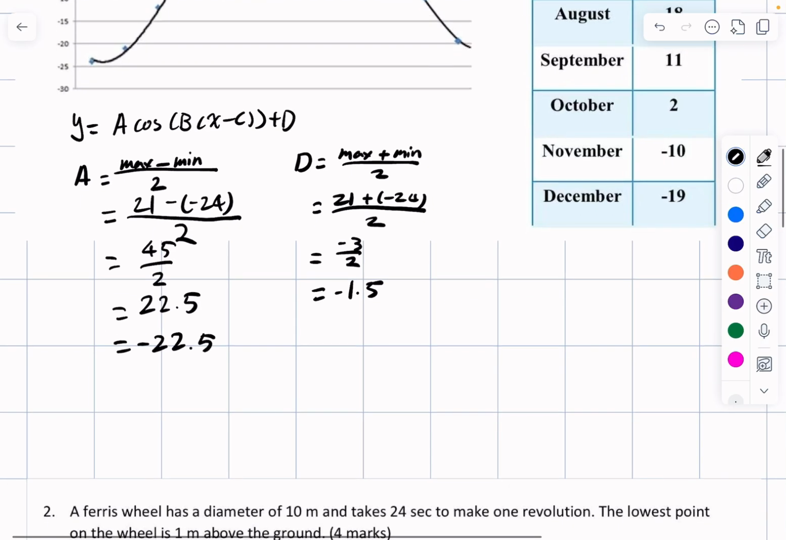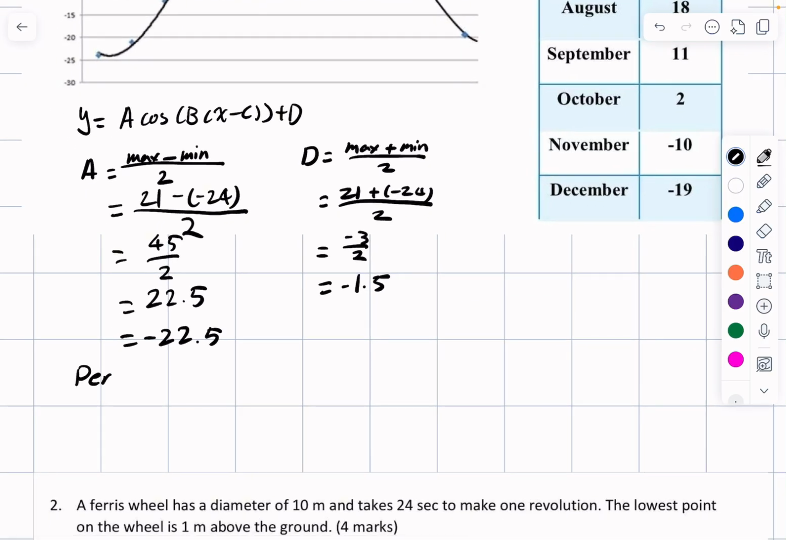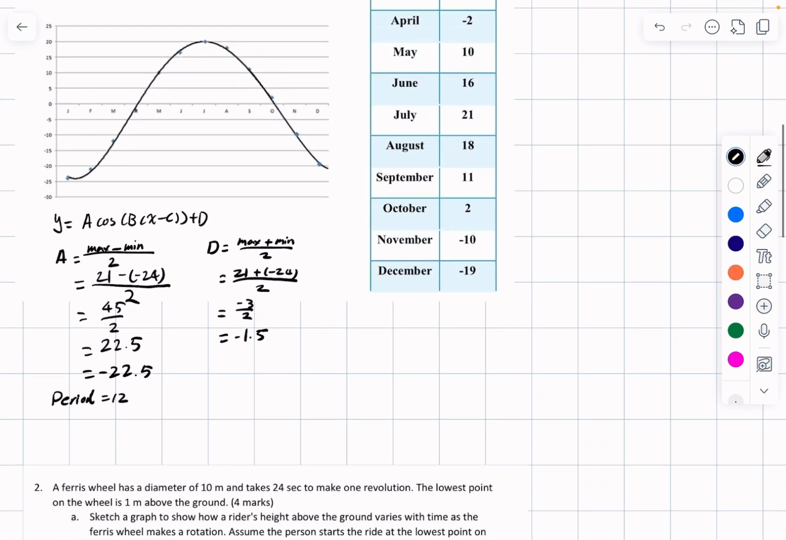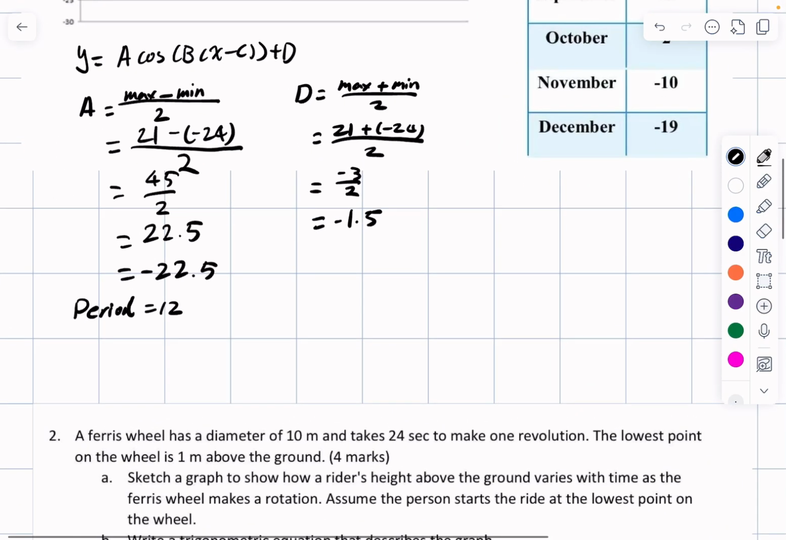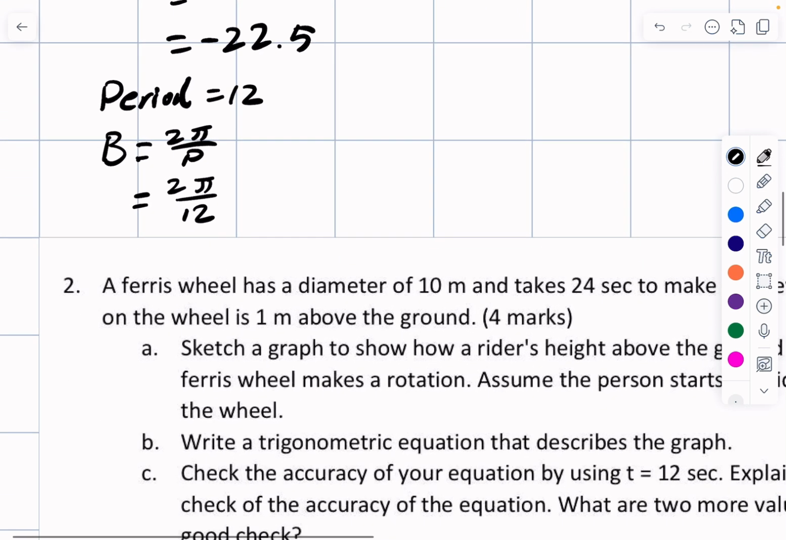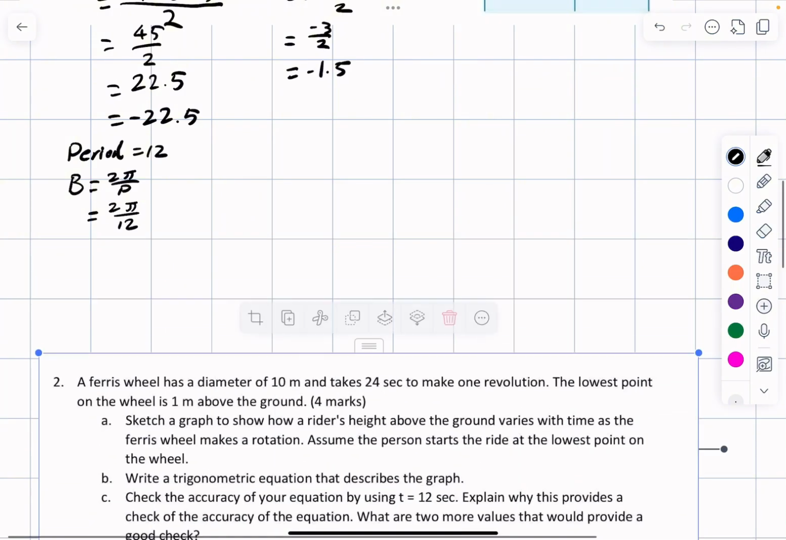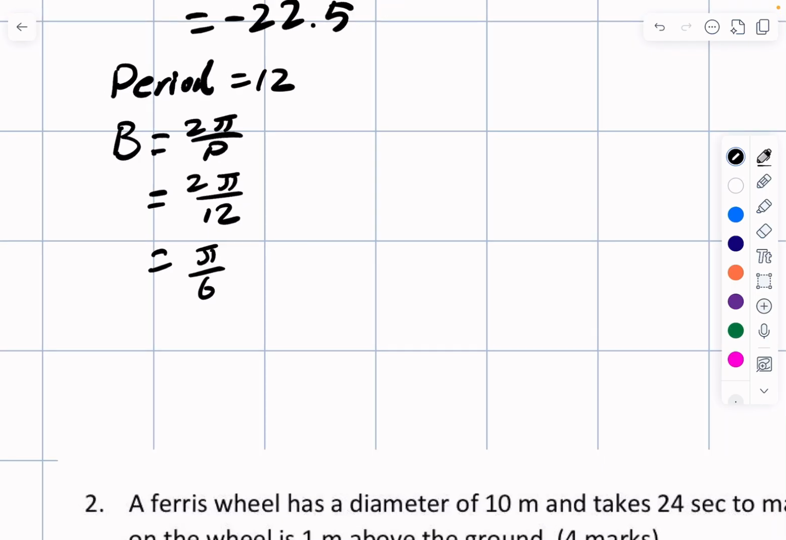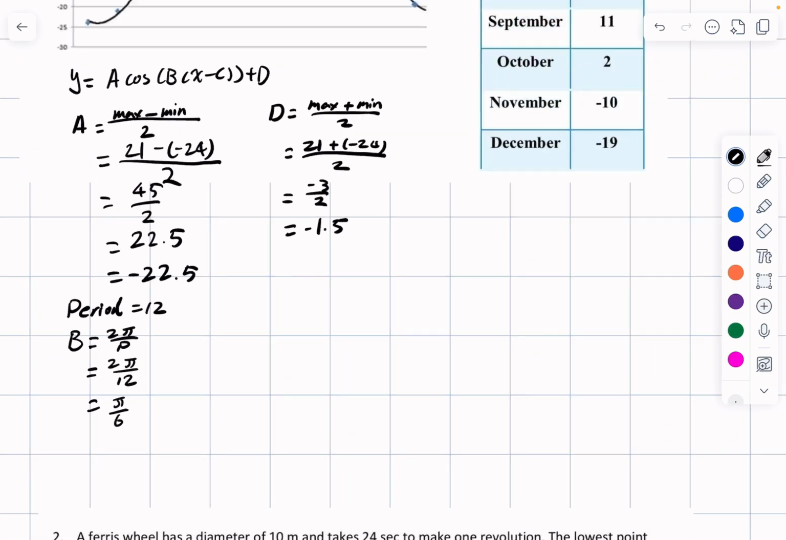So for B, the period would be 12 because it is from January to December and it is the full cycle of a year. So B will be 2 pi over the period. It'll be 2 pi over 12, which equals pi over 6. For the phase shift, we know it is 7 because